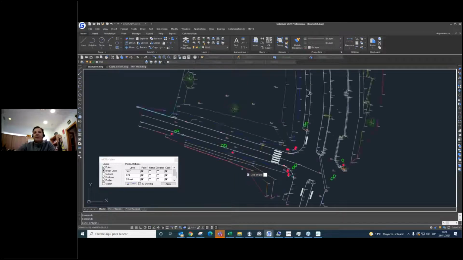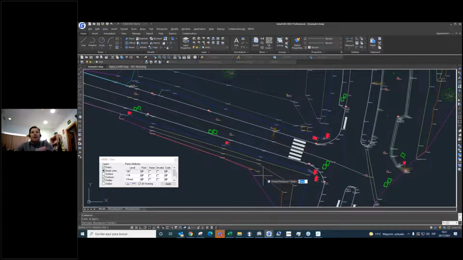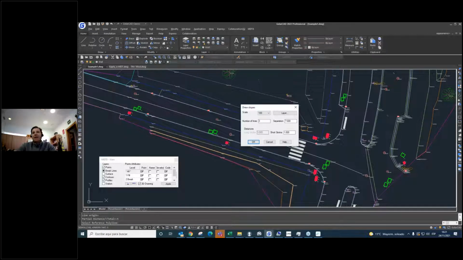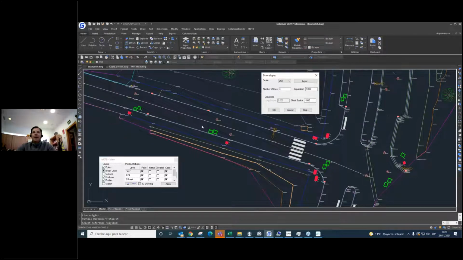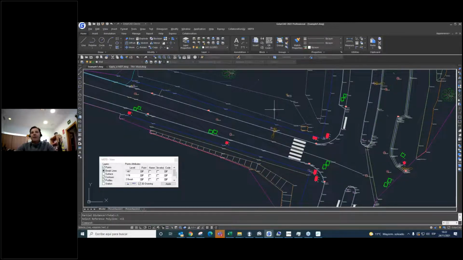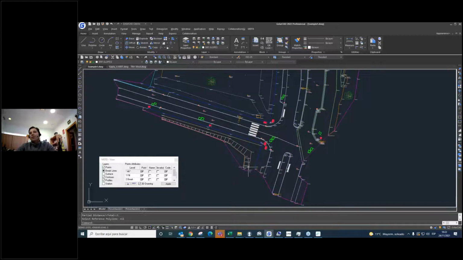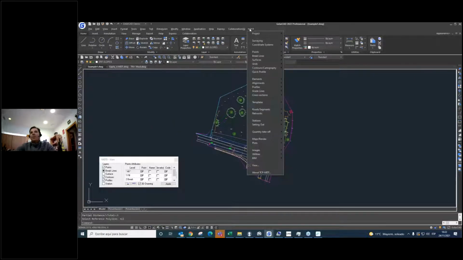We can select the origin line and total slope, and I'm going to select the reference line. And now we can select the different scale to represent the slope of the road. Okay, and here is one option to do that. Or maybe we can remark